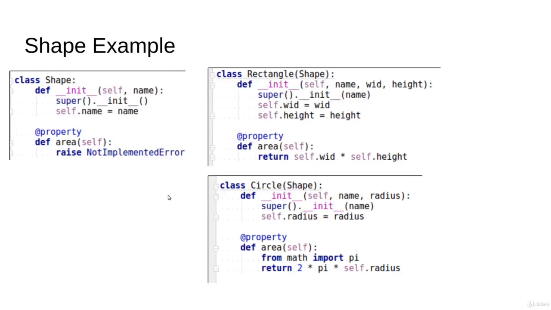Let's see a more practical example that involves inheritance this time, although inheritance isn't a must. We have the class Shape, which just receives a name, and it has an area function. Observe that we don't know how to compute the area of a shape. We need to know if it's a rectangle or a circle or whatever. That's why, if someone created an object from Shape, we're going to raise this exception, NotImplementedError,